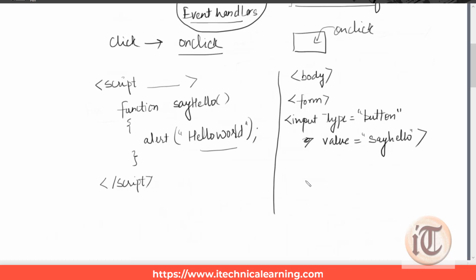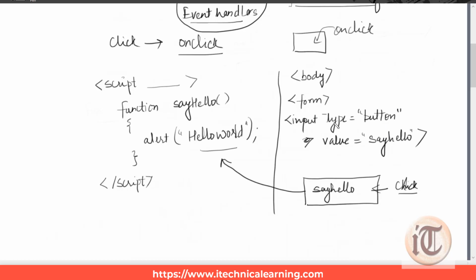Okay, so what should it look like? It should look like we have a form in HTML that contains a button whose value is say hello. So it is a text that is printed over the button. And what I wanted to do is map this button with this function call. What is the meaning of this? Suppose I click this button, this should generate this hello world.